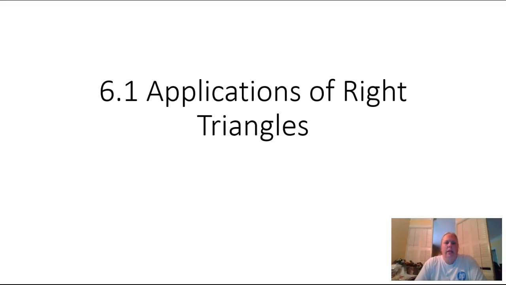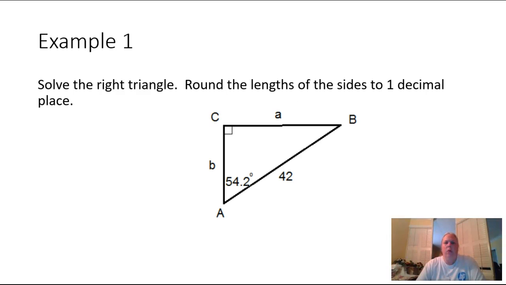These are the examples from Lesson 6.1, Applications of Right Triangles. Example 1. You are to solve the following right triangle and round the lengths of the sides to one decimal place. The first thing that's going to be best to find is angle B right there,